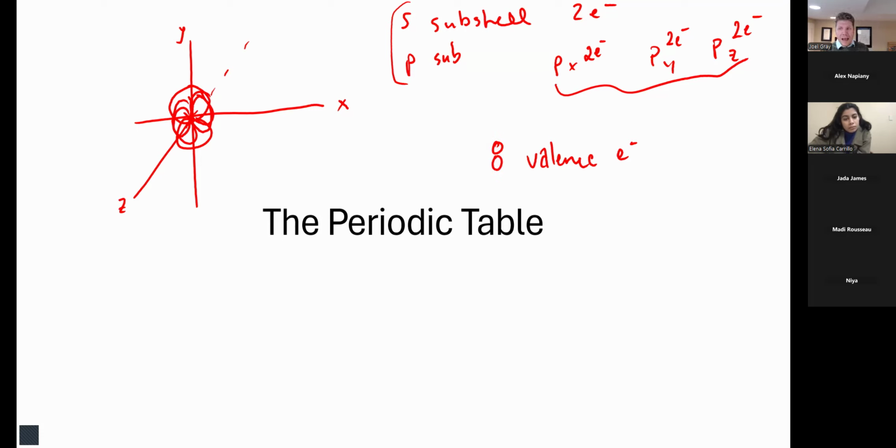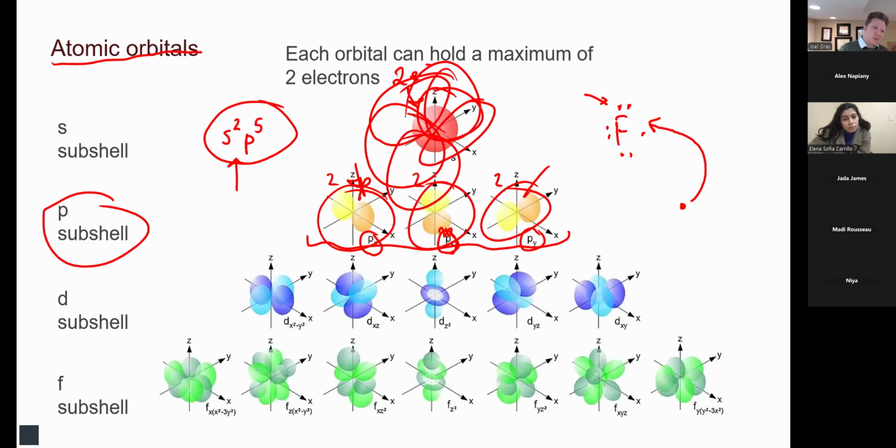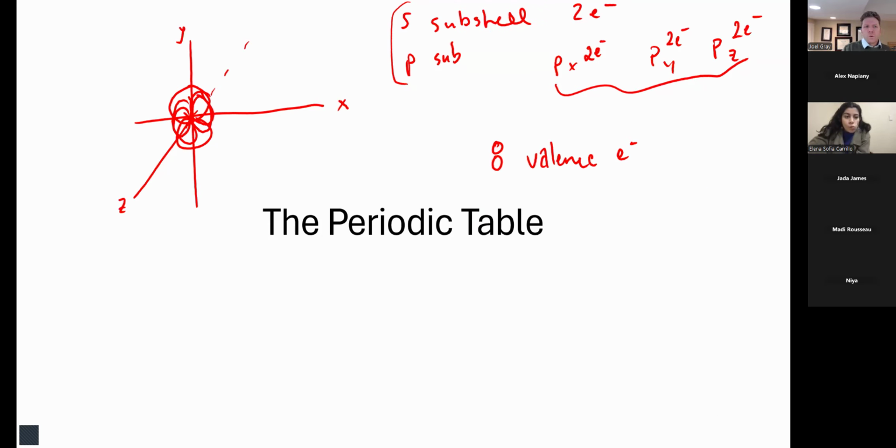Now, atoms are going to be happiest when they have 8 valence electrons. If you go back while you're studying and you look at this and you say, oh, there's the s, the p, the d, the f, I would just stop right here. I would focus in on the s subshell and the p subshell because that is what is going to be most important for the content that we cover in this class, because that's where our valence electrons are. Now, with that, you've got 8 valence electrons.